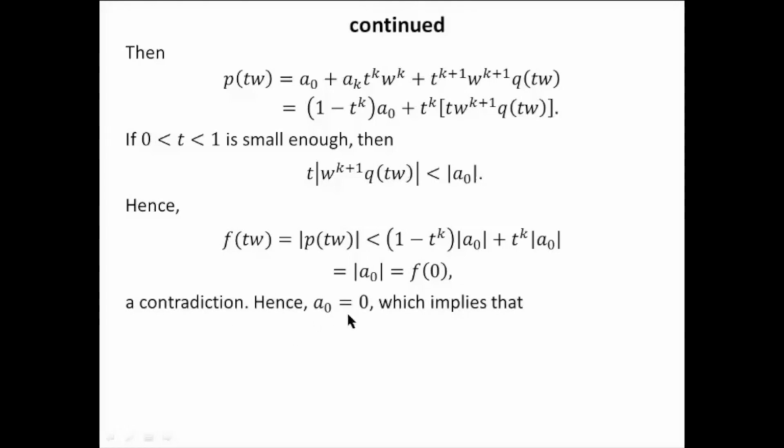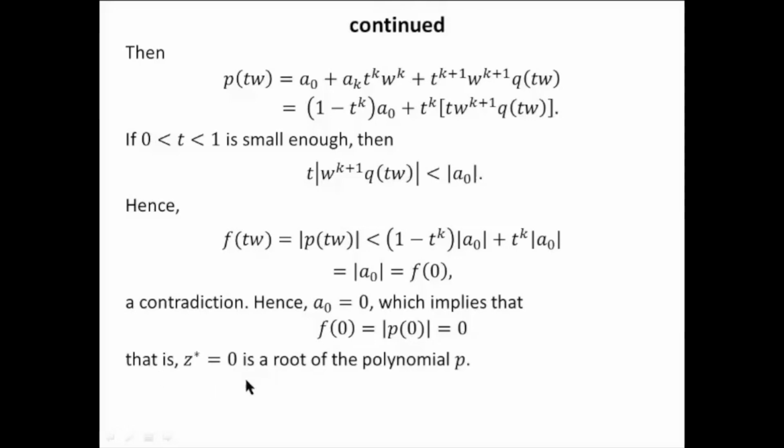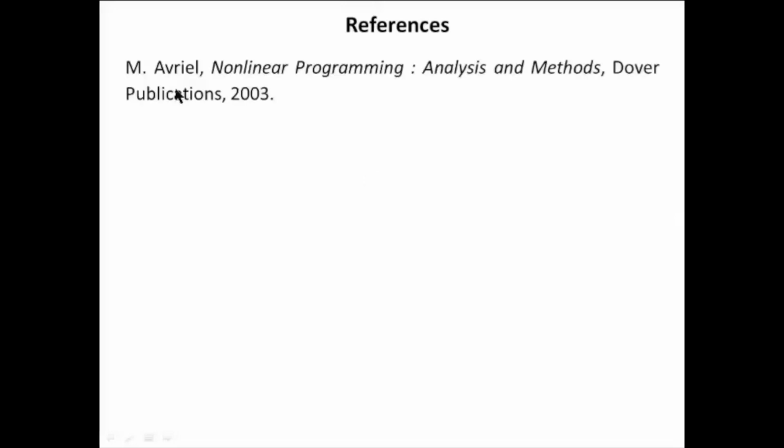Hence, our claim a0 is equal to 0 is true, which implies that f(0), which is modulus of p(0), is equal to 0. That is, z star equal to 0 is a root of the polynomial. So we have given a proof of the fundamental theorem of algebra, and some of the references which I have used are